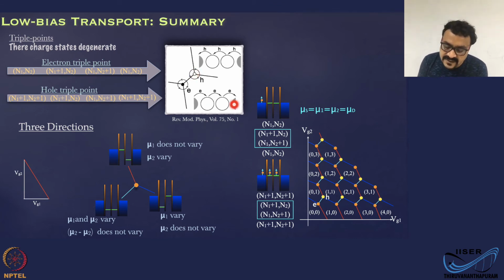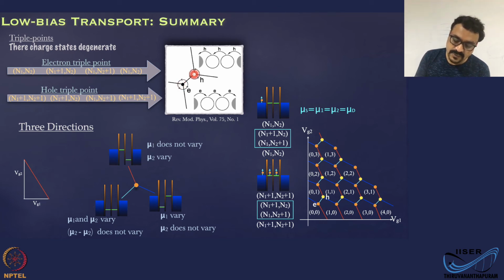In this case, this is like an electron going in one direction. If you check the other one, you start with an electron tunneling out of the system to the drain. That is equal to a hole tunneling into the system. So if you look at this one, you start from here, electron tunneling out, then electron tunneling into this dot from dot 1, then finally the electron tunneling from the source to dot 1. This is like a hole going backwards. This is the electron going forward. This is like a hole going backward. That is how the charge cycle happens.